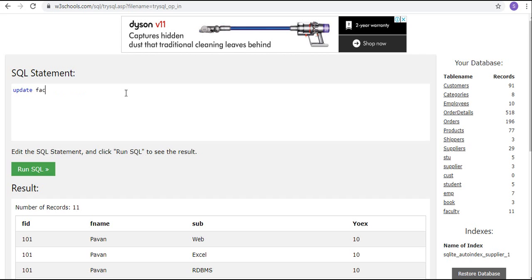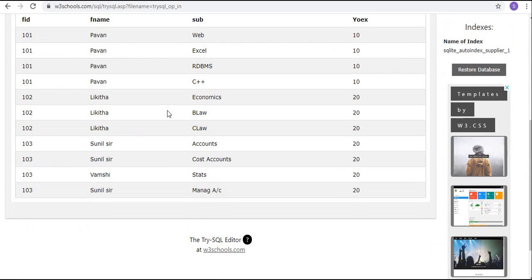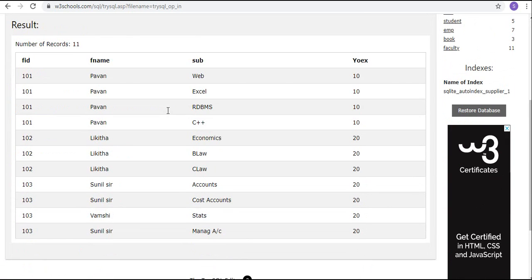Update faculty set fname equal to Vamshi where sub equal to web and sub equal to managerial accounting.